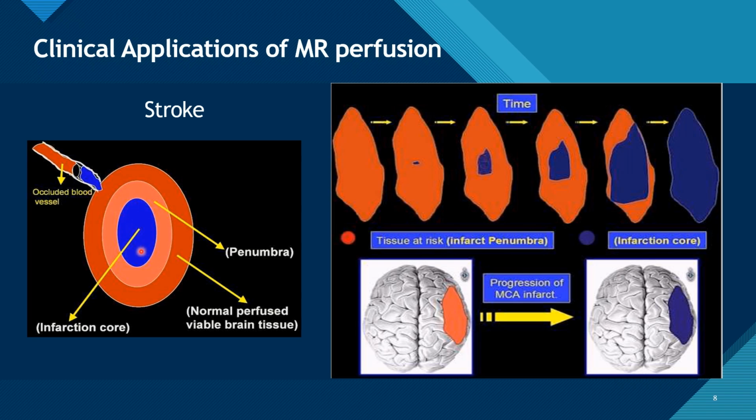The central part shows complete necrosis or death of tissues, and these tissues cannot be saved. However, there is an area of hypocirculation of tissue at risk, but this tissue has been compromised but is not completely necrotic. So we call it a penumbra, or an area of tissue at risk that still can be saved. And the area closest to this blood supply is normally perfused or viable brain tissue, and this area has still